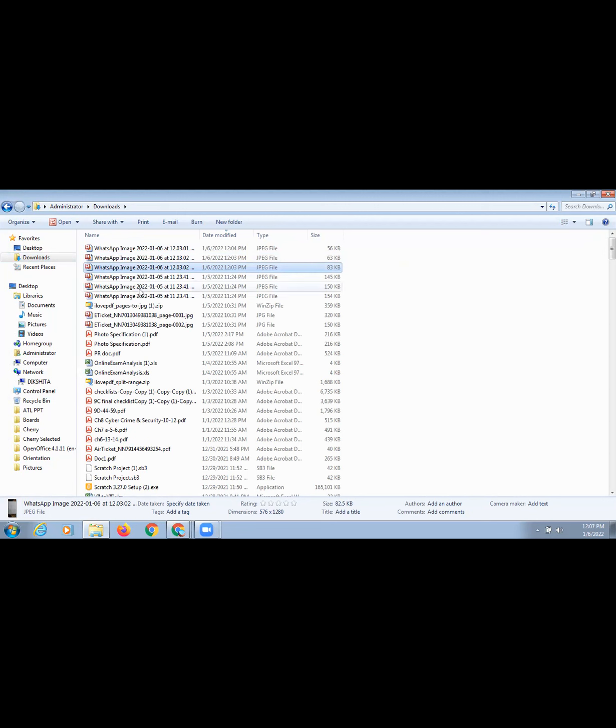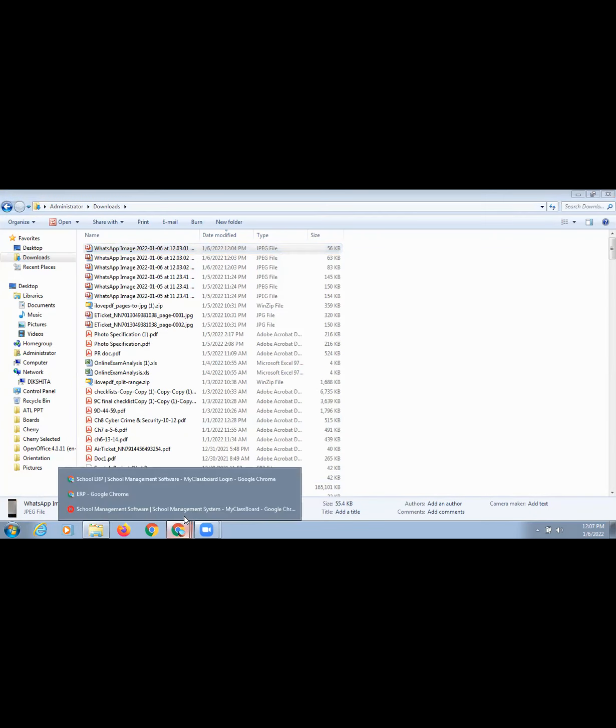So how to convert it into PDF? These three images are the answers. Let's check them first. Okay, these three files are the answers, and I want to convert them into PDF, and then I'll upload it.